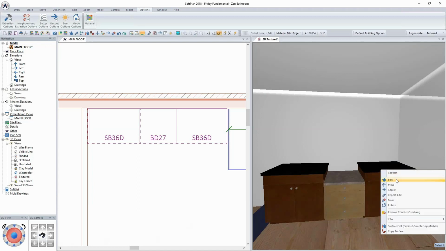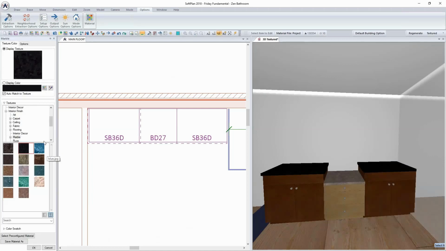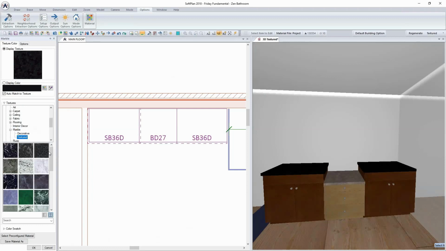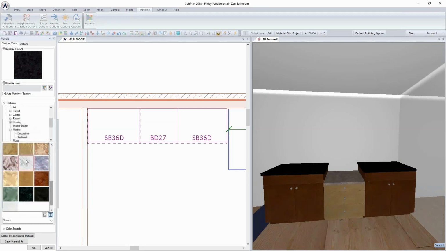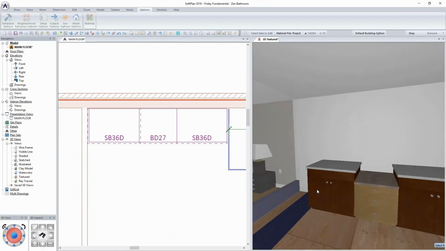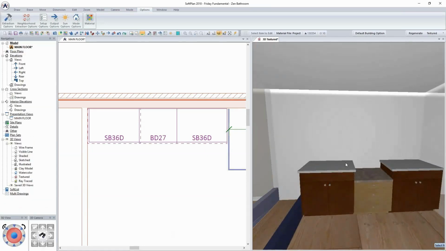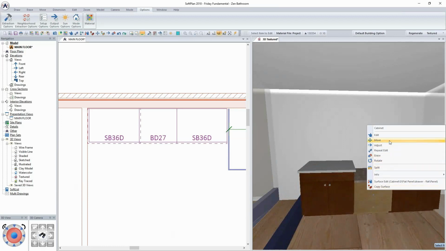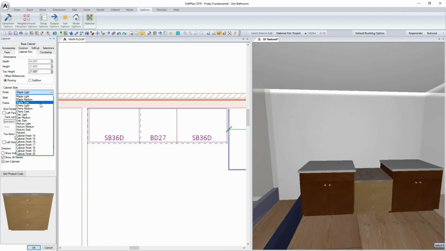And so now as I surface edit this countertop, and I'm working within the marble options, I'll come down to the textured, this will allow me to now scroll the list of default textures, and in this case I'm going to add a light or white style marble texture on that finish. Okay, and so once again in the middle section here, I'm going to edit it, and I'm going to give it the same